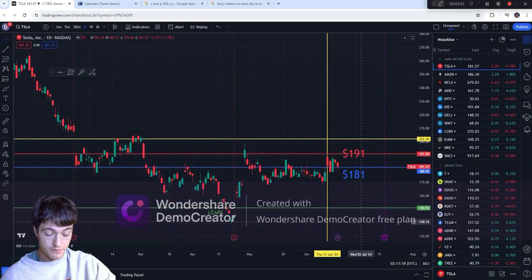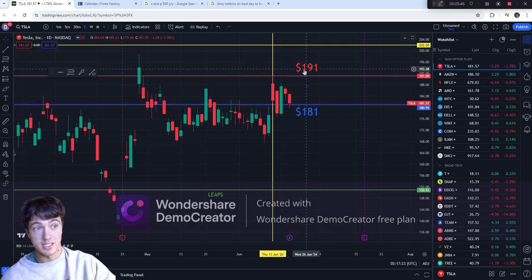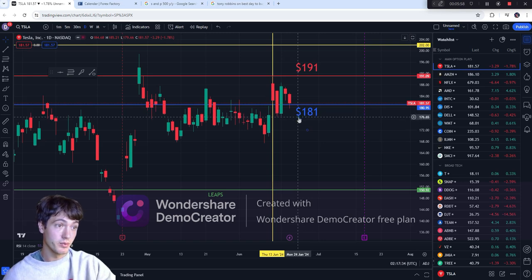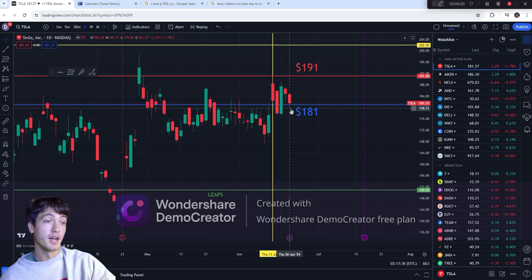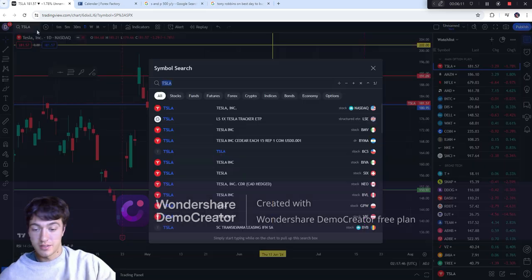It's not recommended advice. So we're going to go to Tesla at that support at 181, and I have a resistance at 191. So pretty much at that support today, we're going to want to see if it breaks this support. If it breaks this support tomorrow, then we'll see Tesla back down to the 170s, right? 177, 176 possibly. So that's what I'm looking for on Tesla. Yes, we did have that pop up, but we've pretty much just been stalling or coming down since then. So that's what I'm looking for on Tesla.